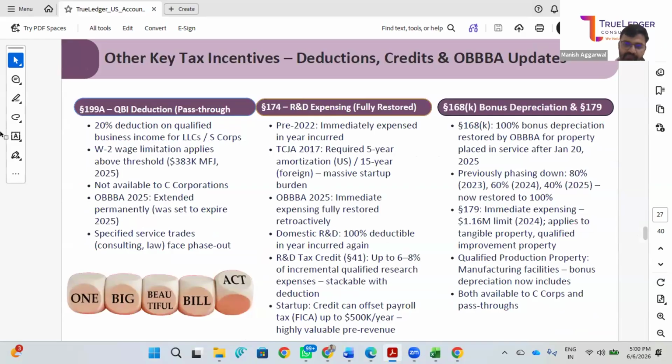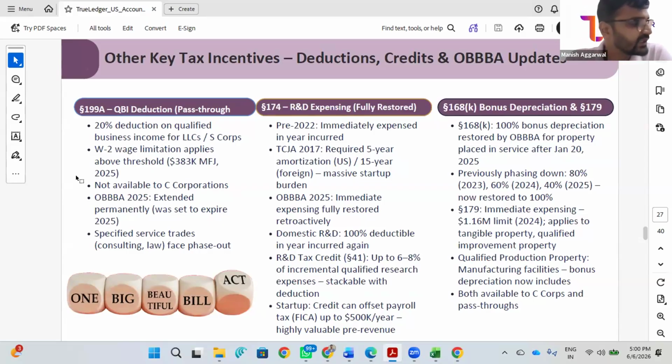Moving on to certain other tax benefits and credits which we have. Recently, as I said, the One Big Beautiful Bill Act, which is OBBBA, which I am referring to here, gives a lot of incentives to technology-based manufacturing businesses and startups. One is